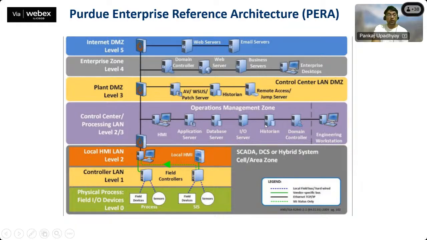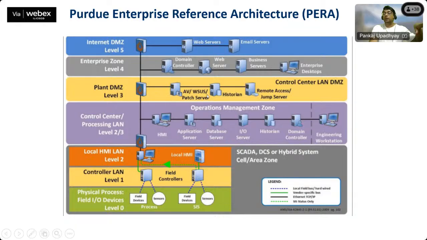We have the historian, basically the database. It keeps the data of the inputs, the IOs, like the values or data which we are taking from the physical devices, and keeps it in the historian database for backup purposes and for regulation as well. So we have the database server, then HMI, then we have the plant, the level three.